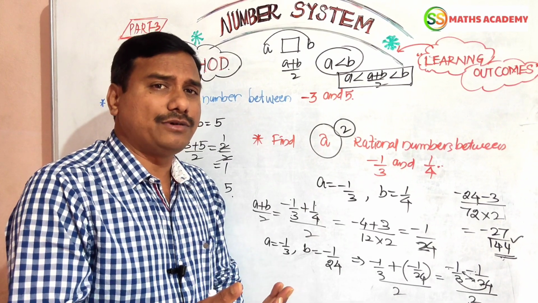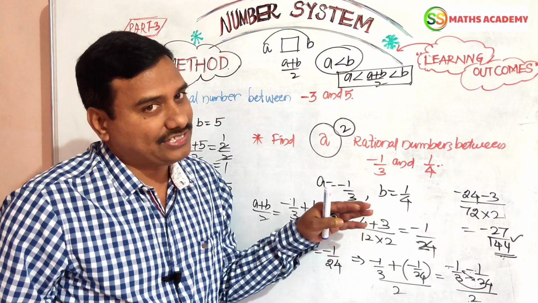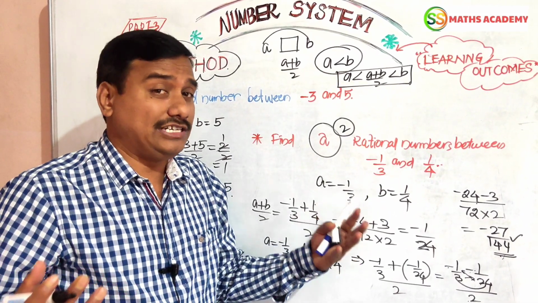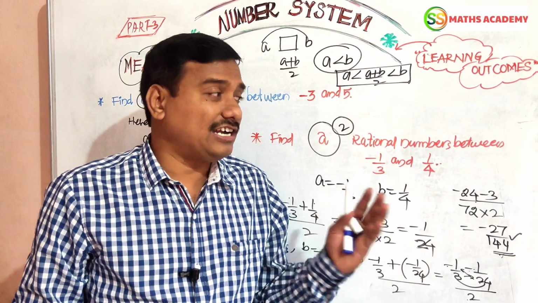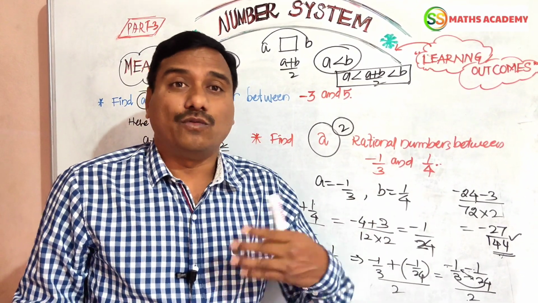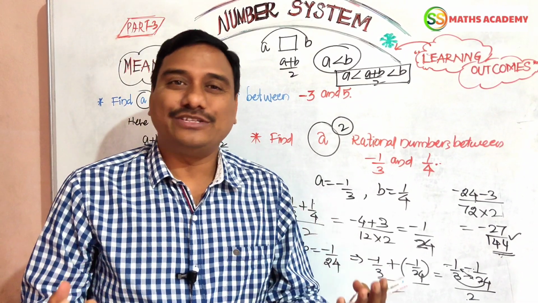He is asking for the third rational number. If we do this question this way, it is a time-consuming process. If 5 rational numbers are asked, it is not easy with this process. If 10 rational numbers will be asked, it is not easy by doing this process. What kind of question is that? In what way do we have to do it? Yes, I will tell you the technique also.